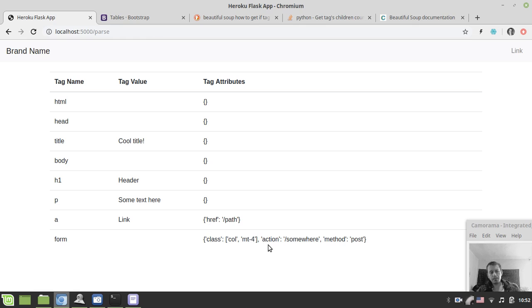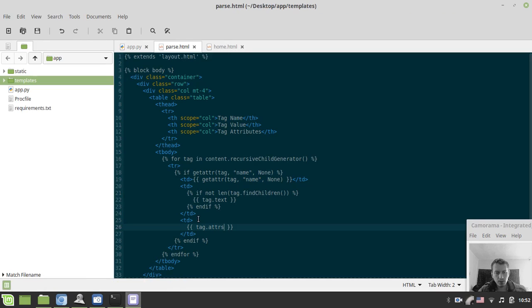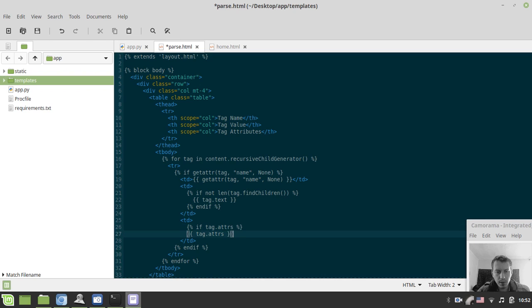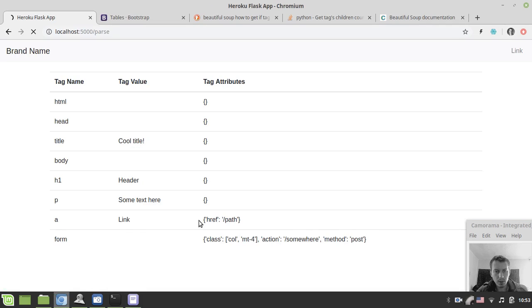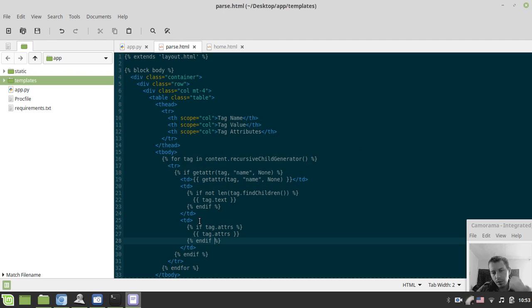So do I want to leave them like this, or do I want to print them in a slightly prettier way? Well, probably I want to print them in a slightly prettier way. Yeah, so first I want to get rid of these empty ones here, so I say if tag attributes exist, actually, okay, let's check this out. Okay, great. So if they do exist,